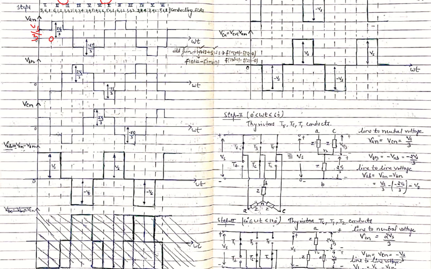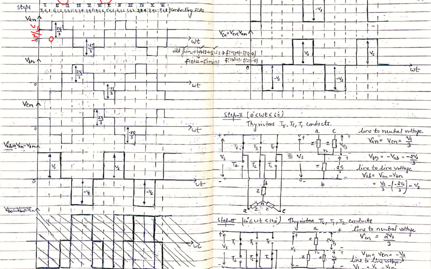So we will draw 60 to 120 degrees. Vab has a magnitude of Vs by 3, so it will continue after 60 degrees and again come up to 120 degrees, where it has a magnitude of Vs. Subtract this waveform, Van minus Vbn, for Vab. For Vbc, subtract Vb minus Vc. And for Vca, subtract Vc minus Va. In this way we will obtain the line voltages.